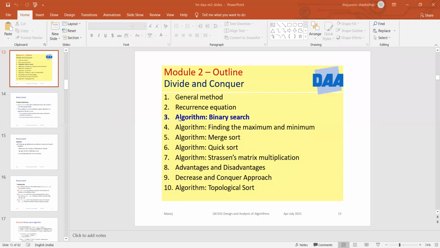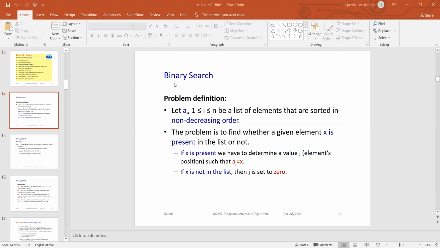You will be familiar with binary search. We will see how we are going to have divide and conquer: when you divide and when you conquer, to find what? That is the concept. Now you come to binary search. From here, each and every concept is very, very important. From master theorem only, the actual module 2 will start. So now you come to this particular thing.